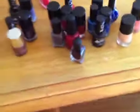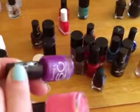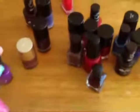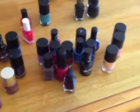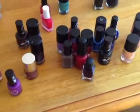Or maybe some of these smaller ones, like these little Rimmel Pro ones, because they're quite small, they're only 8 mils. I thought maybe I could paint my toes with them, because I never paint my toes, but we're getting into summer now. I could paint my toes with them and use them up that way. So I am going to be doing my nails of the week videos, as I said, and you'll see my normal empties videos. And then maybe at the end of the year or the start of next year, I'll do an updated nail polish collection,